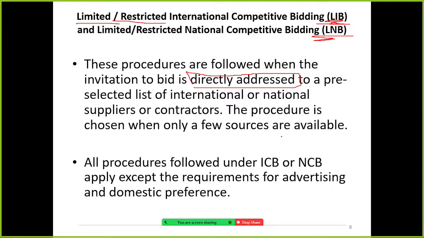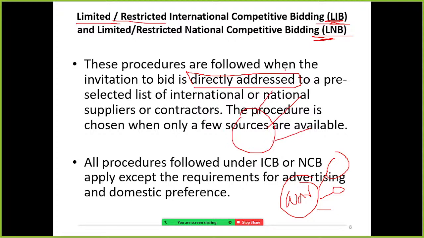The procedure is chosen when only a few sources are available. For example, with very high-tech items, the Government of Sri Lanka wanted to purchase fighter jets. In the world there are very few suppliers. Or SriLankan Airlines wanted to purchase Airbuses.